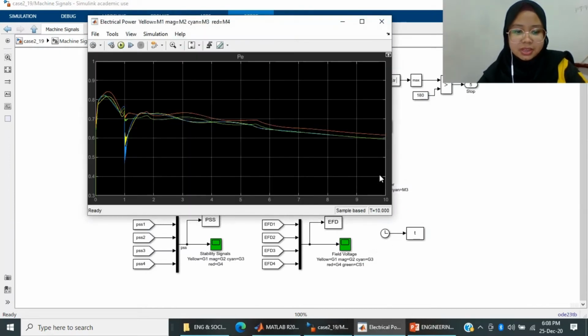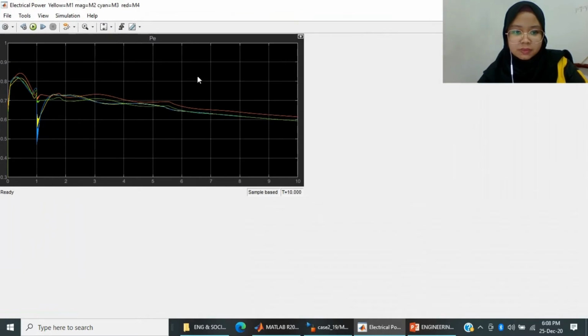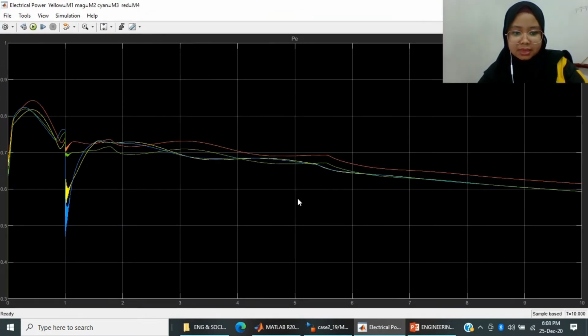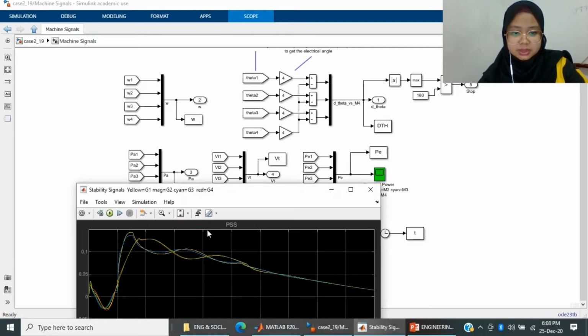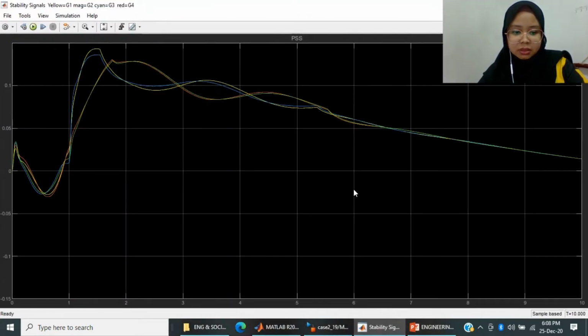Next, for the electrical power of the system, from the graph it shows that the system had a small increment but then slowly started to decrease. Last but not least, for the stability of the system,